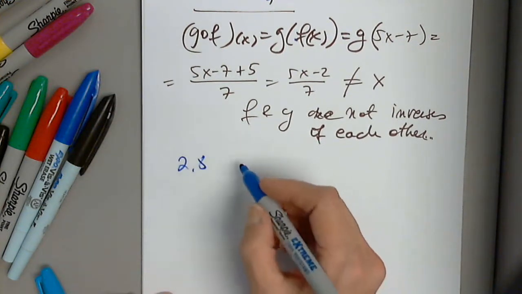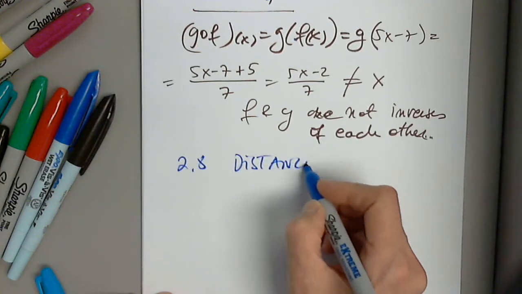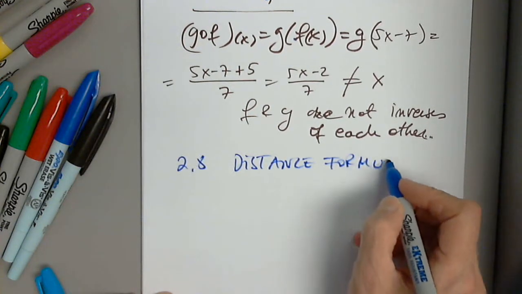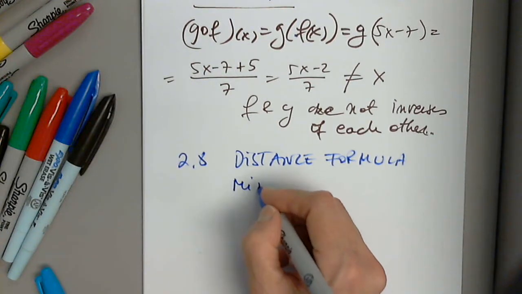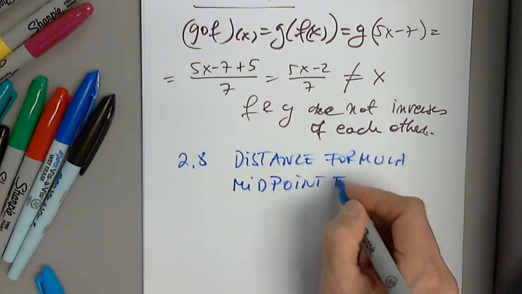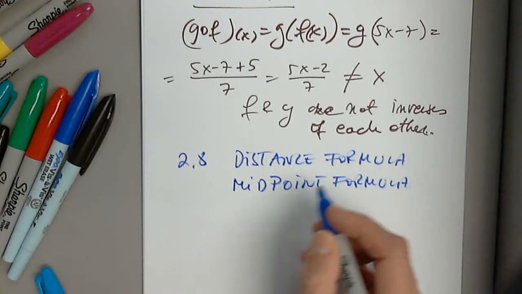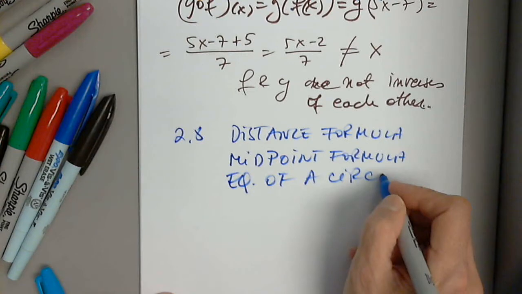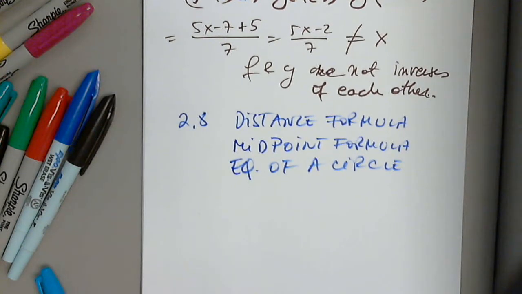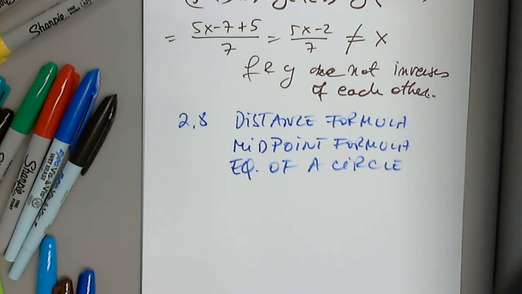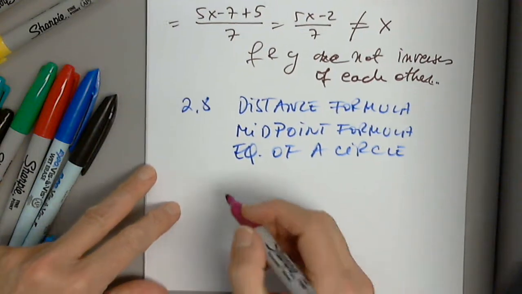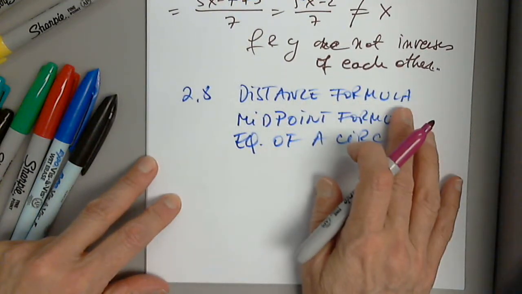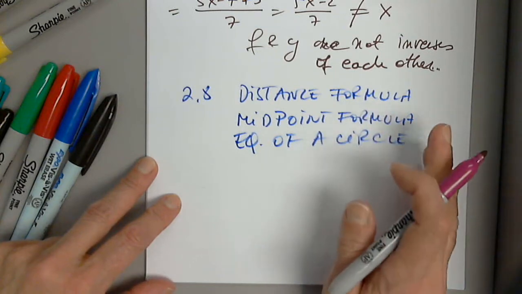That 8 deals with the distance formula, deals with midpoint formula, and it deals with the equation of a circle. The first two are known, but I'll start from scratch. The last one should not be known. It will be new. Okay, so we are interested in determining the distance or the length of the segment connecting